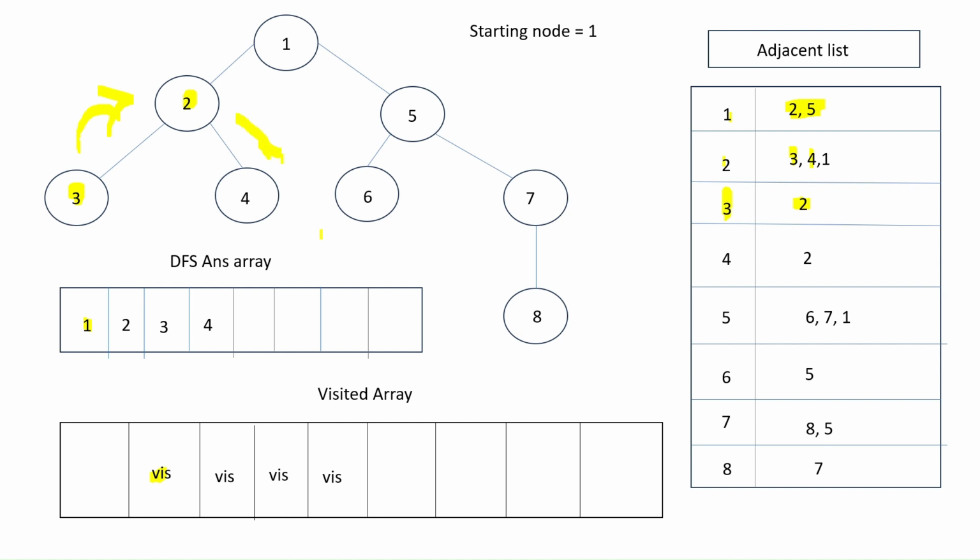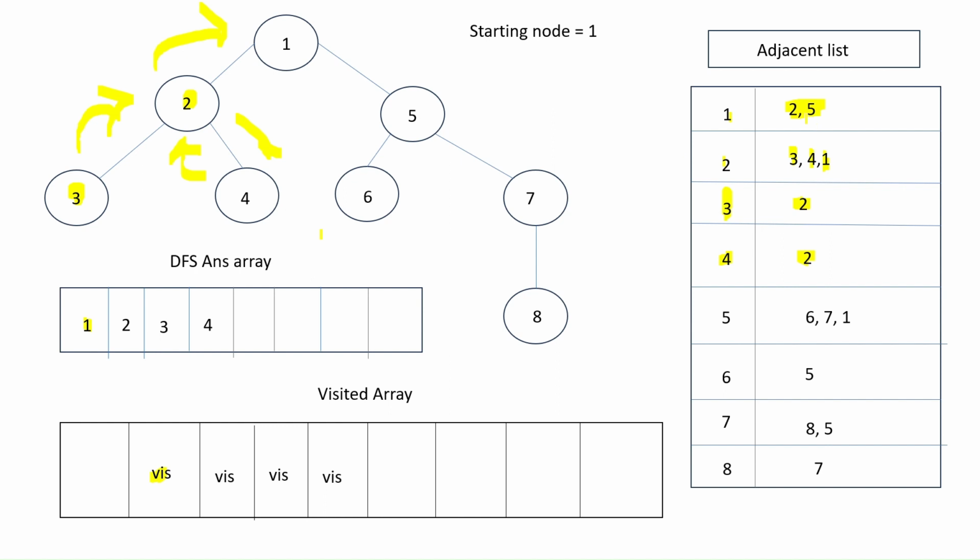Now again I will check who are the adjacent of 4. I can see only 2, but it is visited already. So I will backtrack again to 2. Then I will check who are left which are adjacent of 2 and not visited. I can see 1 is given here, but it is already visited, so I will backtrack and see who are left